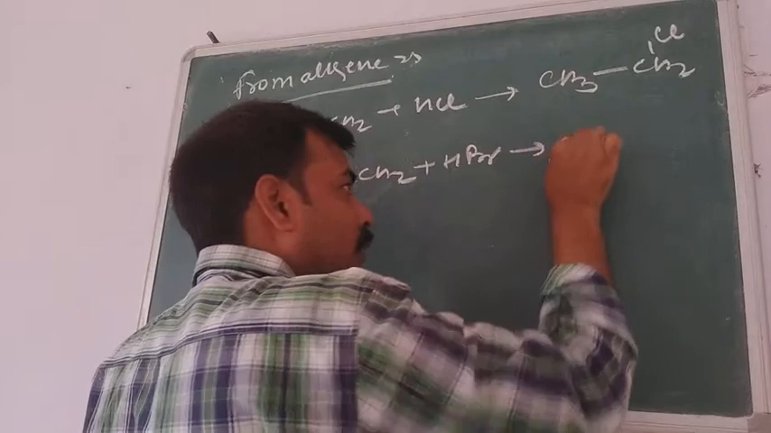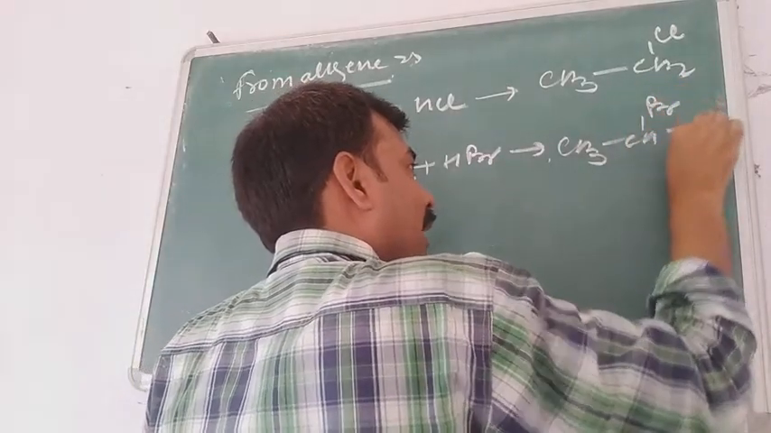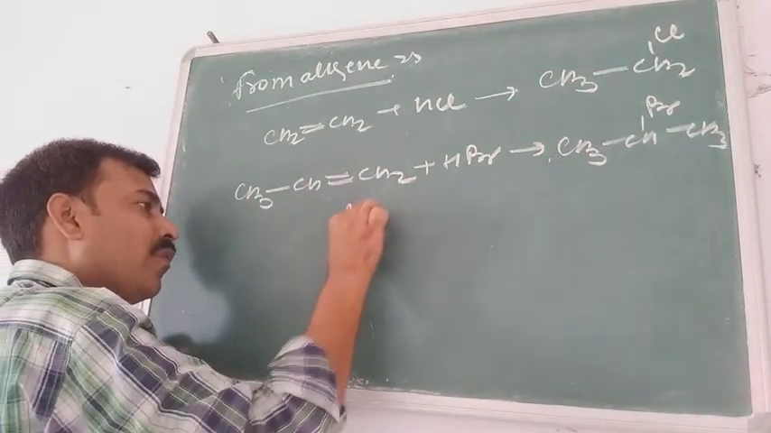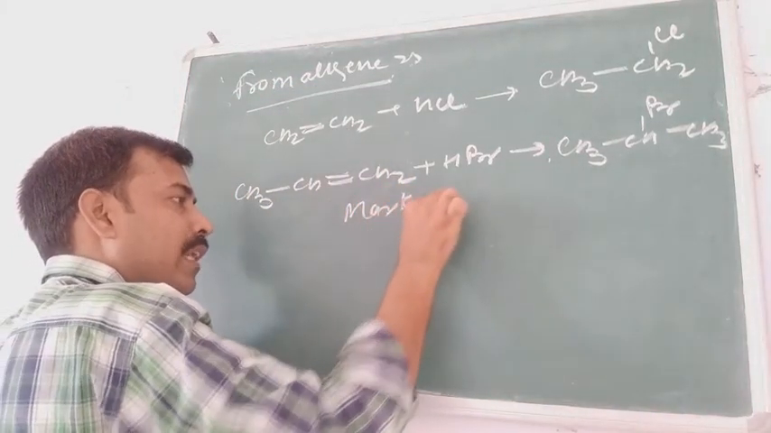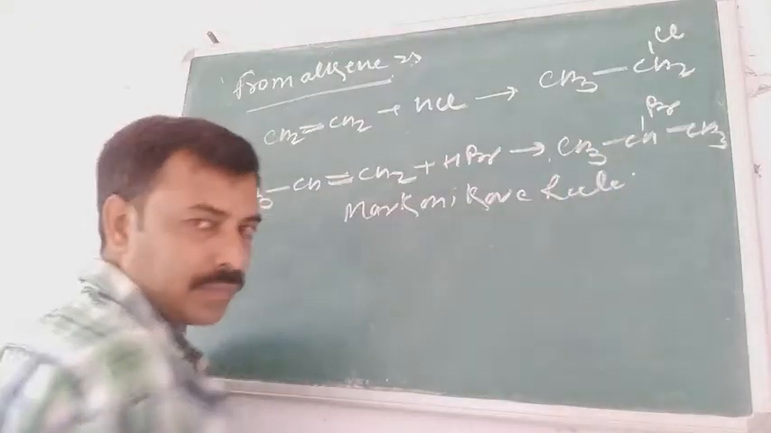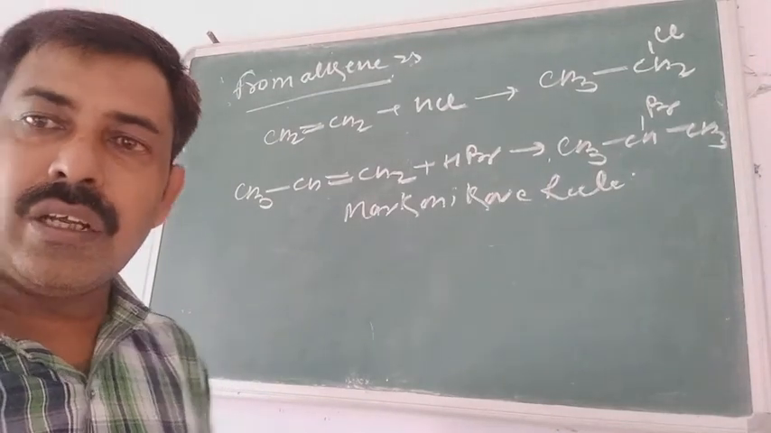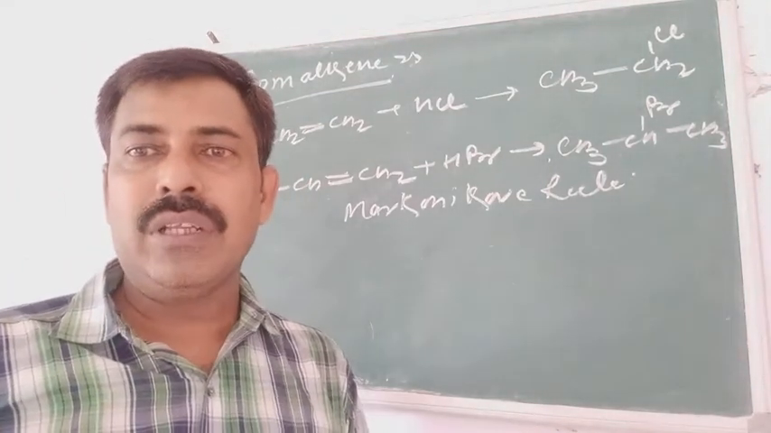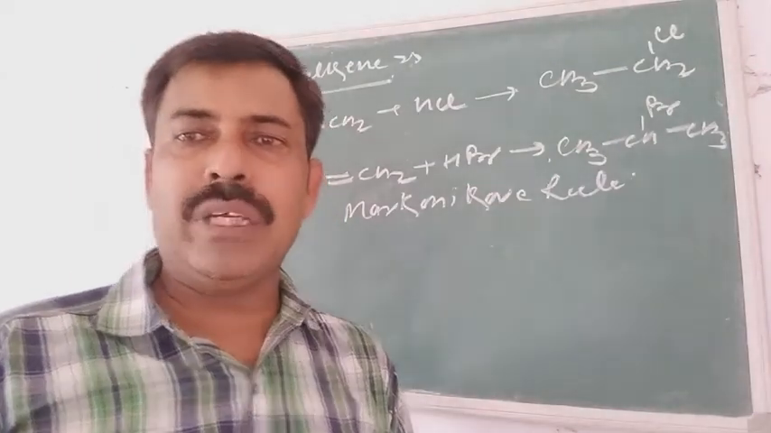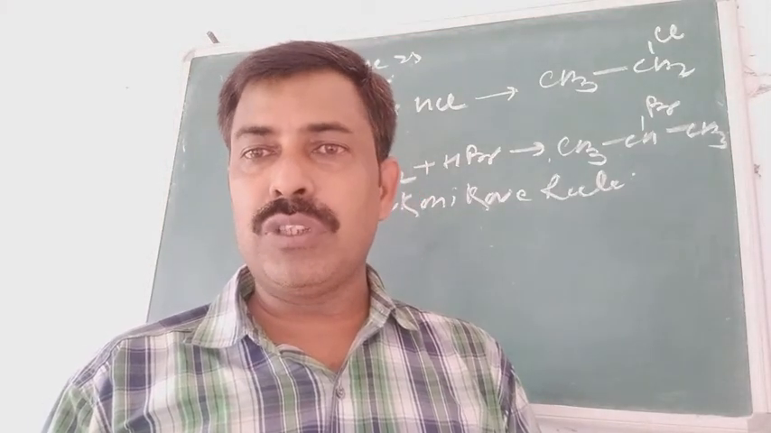So the addition product will be CH3CHBrCH3 according to the Markovnikov Rule. I think it's clear to all of you because you have already studied in class 11 what the Markovnikov Rule is. But if you want a product where the halogen is on position number 1,